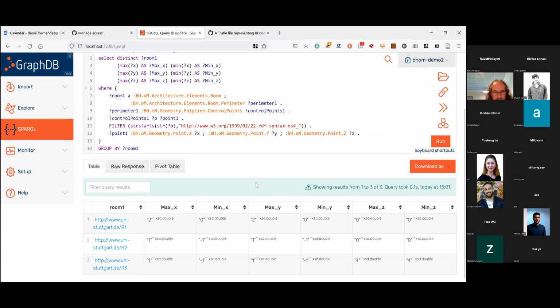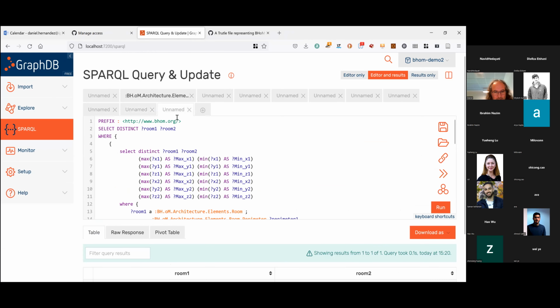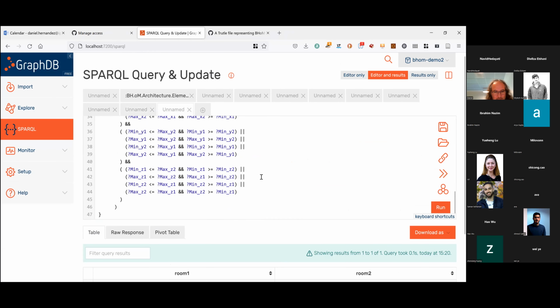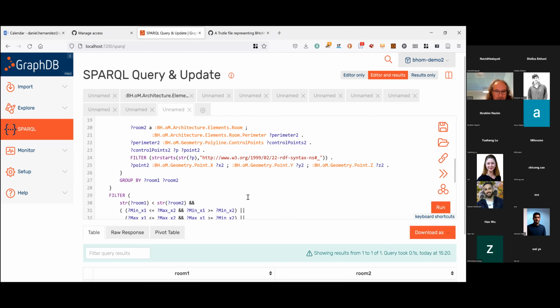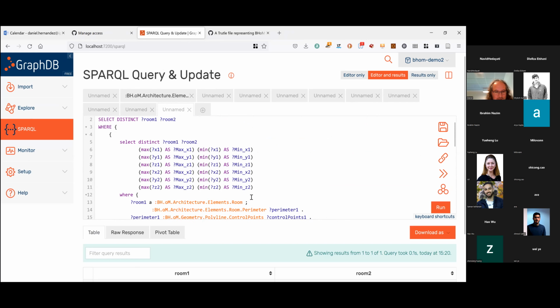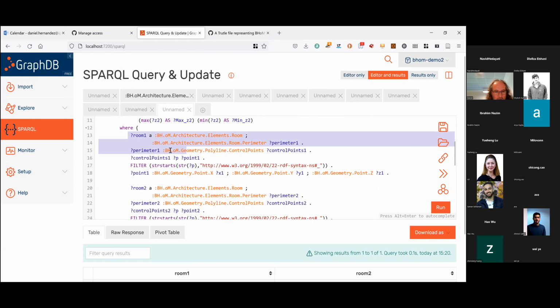So my question is, are two rooms overlapping in our model? And the last question answered this one. This is a more complicated question because it's difficult to do, but the idea is that to answer this question, I just copy this code that I have written before once and